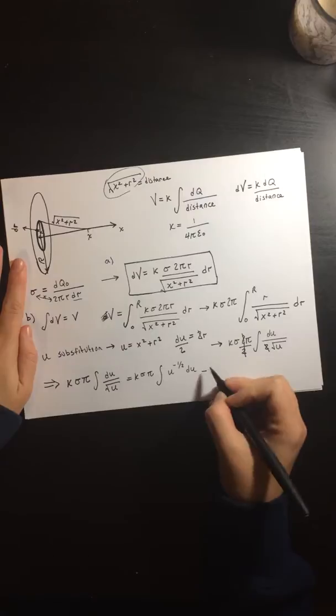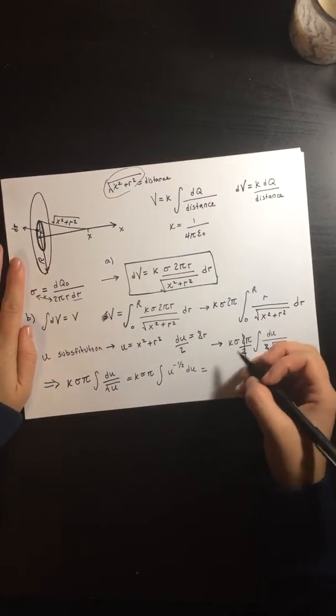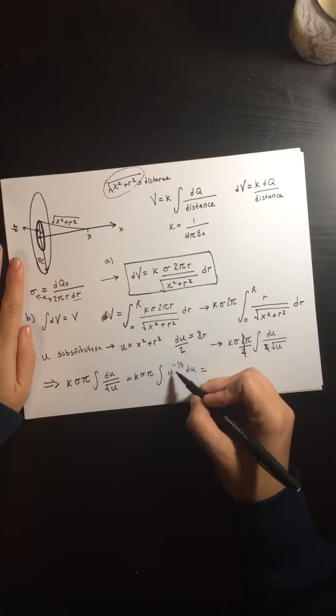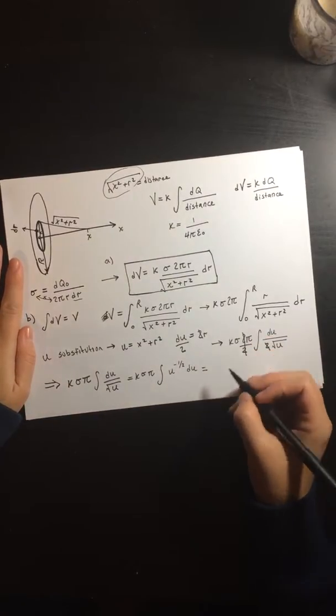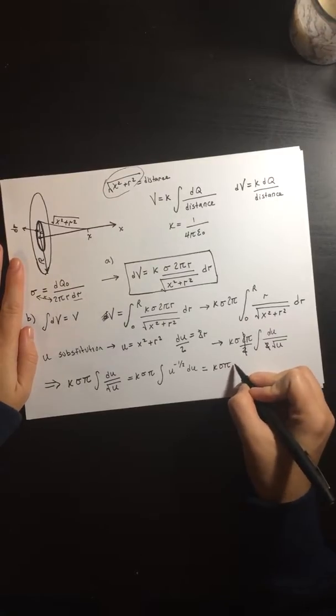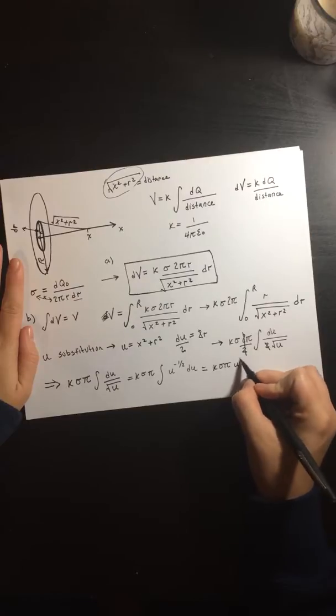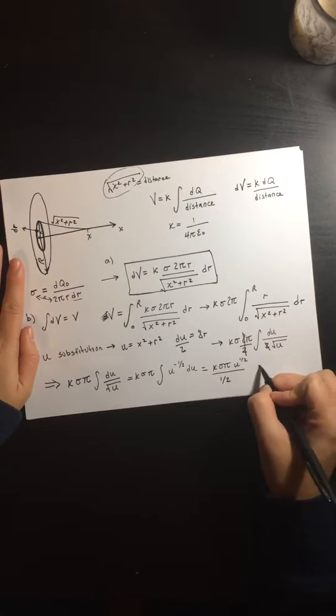So we can do the exponent rule, and we just add 1 and then put this over that added number. So we get k charge density pi u to the a half over 1/2,